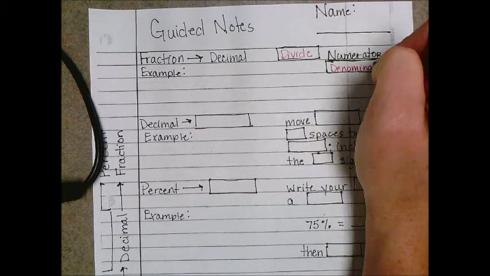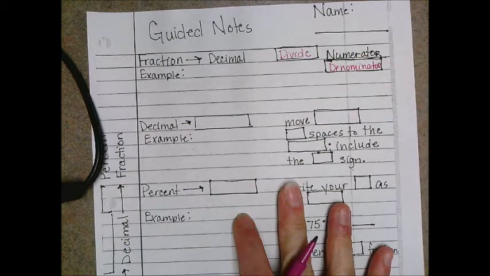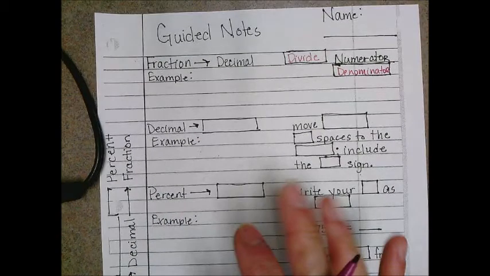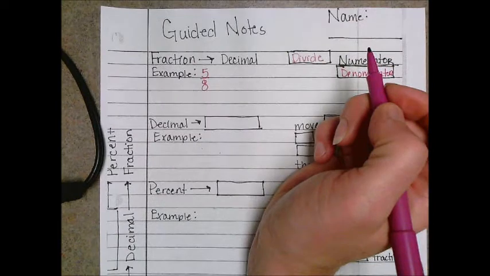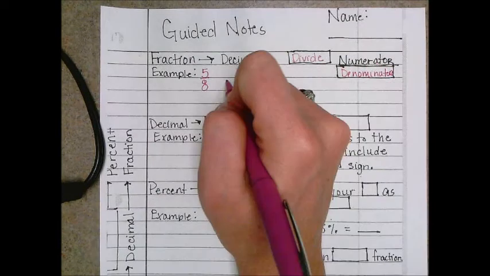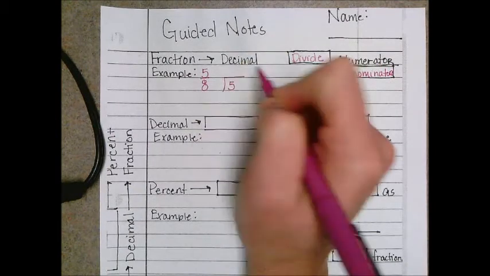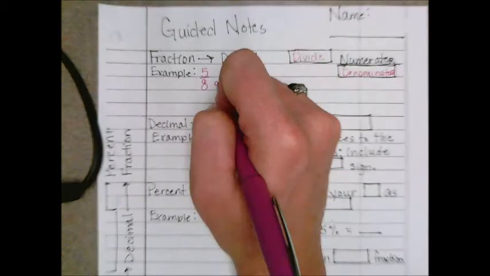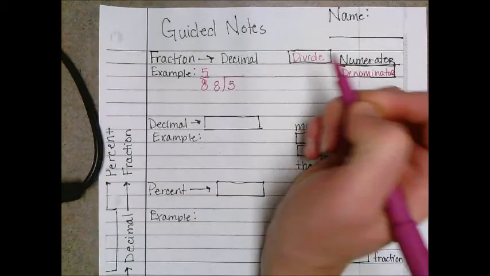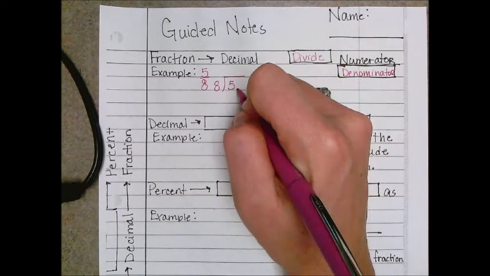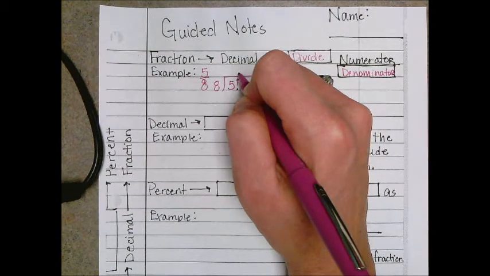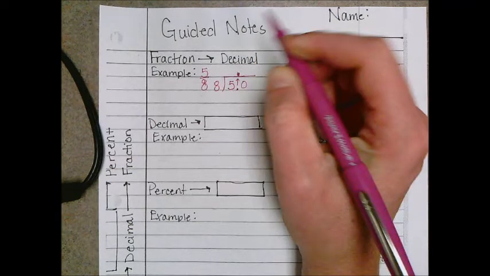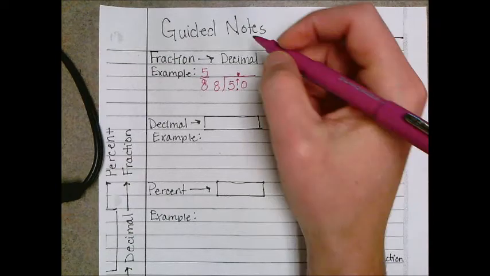So let's say you have the fraction 5/8, okay, and you want to turn it into a decimal. We do the standard algorithm. 5 goes under the house, or is your dividend. 8 then becomes your divisor. 8 cannot go into 5, so we have to add a decimal and a 0. Don't forget, bring your decimal to the top. We said 8 cannot divide into 5, so we put a 0, but 8 can go into 50 at least